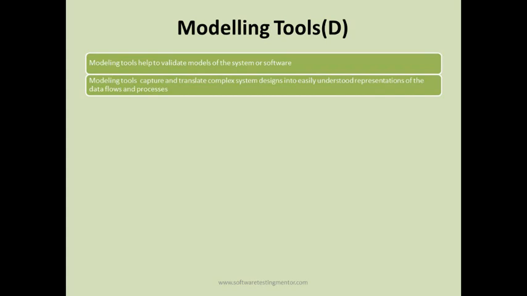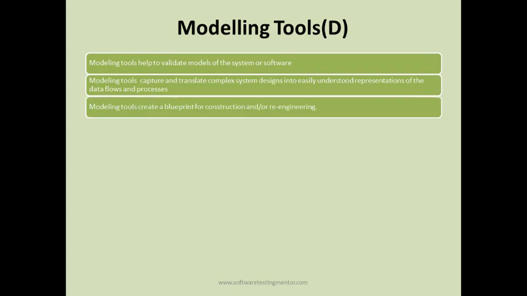Because if you have just 1,000 lines of code, it becomes very difficult to understand which module is communicating with what module and what the exact flow is in the software. So these modeling tools help you to translate all that flow into a process, which can be viewed on the screen and easily understood, showing how the data flow or the process is happening for that software. Then modeling tools create a blueprint